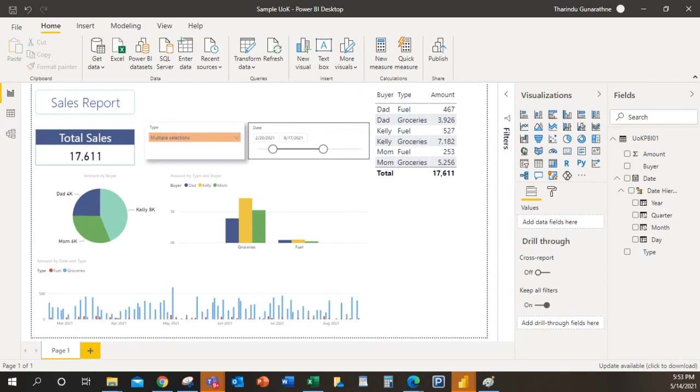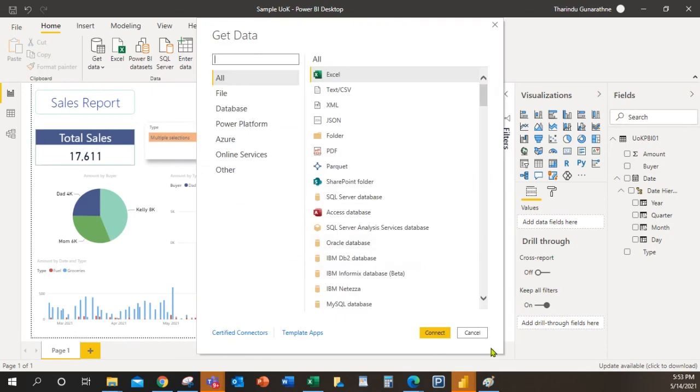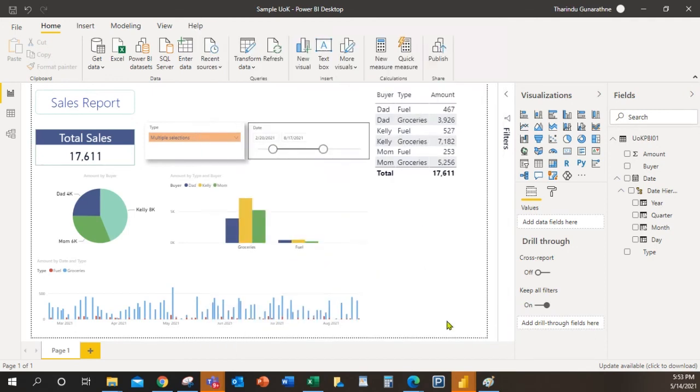So as I explained to you before, you can simply integrate your dashboard with your applications, because all those applications are using a database now. So you can simply connect to your database and you can create those reports. Then if you publish it as an HTML page, then you can embed that into your application also.